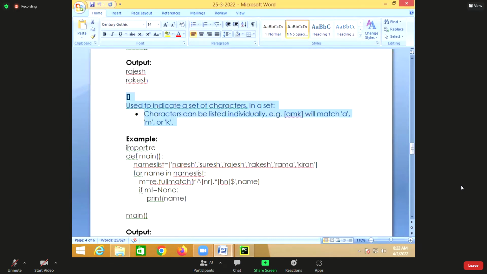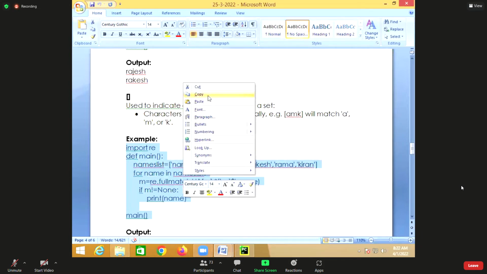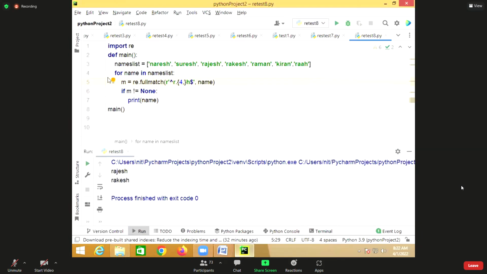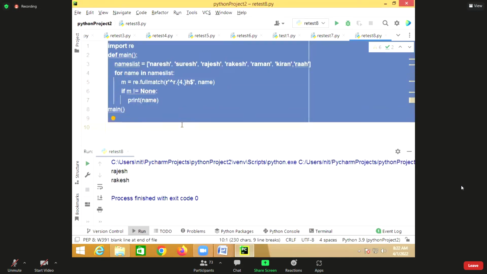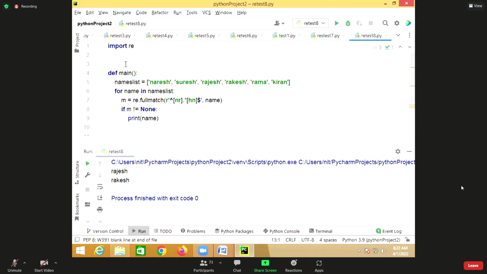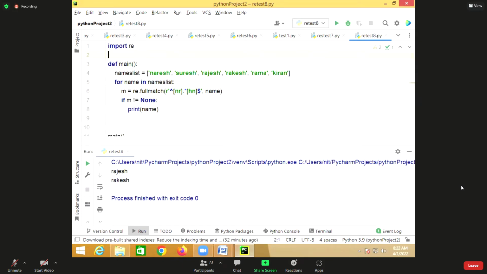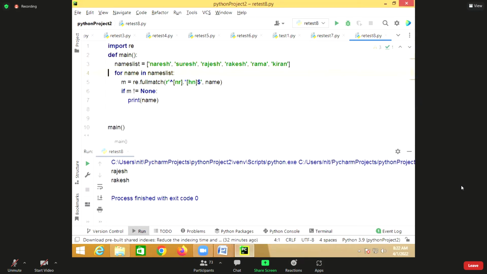Suppose you see this example, where I can give multiple characters. Again I've taken a list of names.